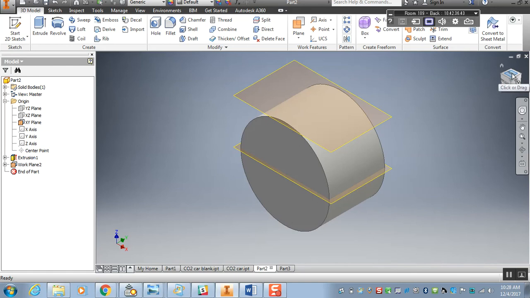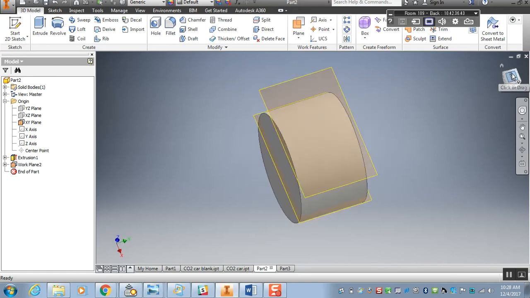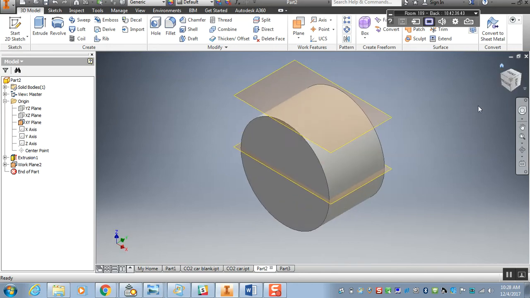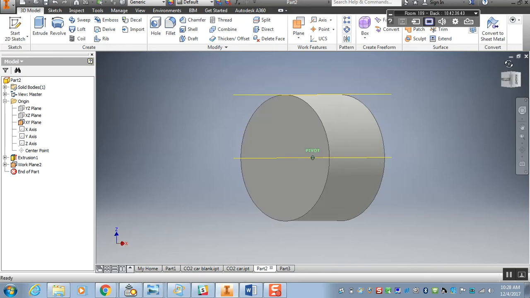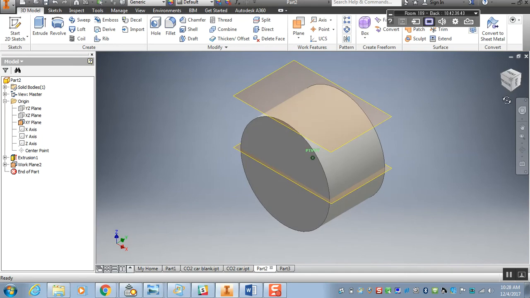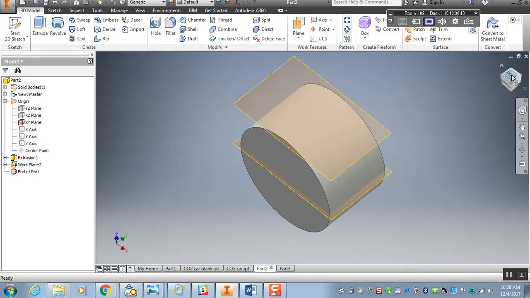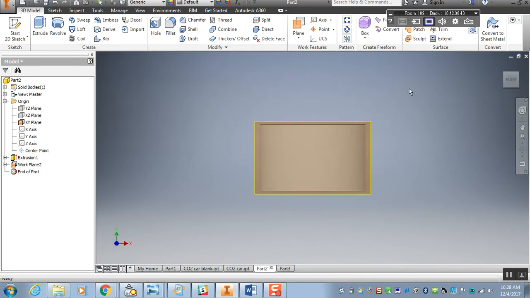Okay, now it gives me a flat plane that I can sketch on. Okay, but notice if I look at it three-dimensionally, you can't really see anything on that plane. It's just a flat plane. Okay, so what happens